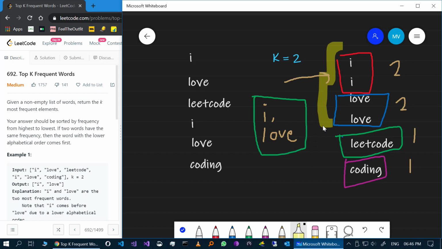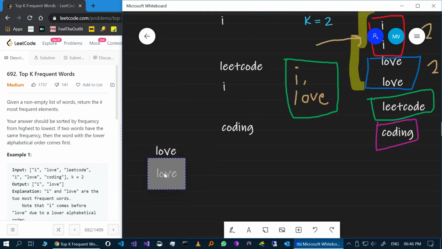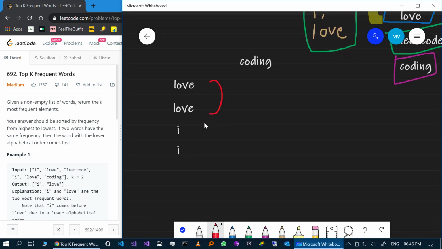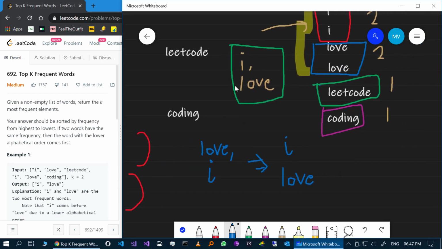Just in case their order would have been something like this, where this is how they are grouped, then first we would have taken "love", then "I", but this is not the right output. They should be sorted alphabetically. So in dictionary order, "I" should come first. So the actual output will be "I" and "love", which is the same as this one.